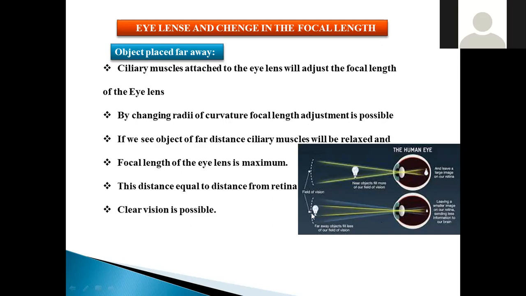So this focal length is nothing but the distance between the object and the eye lens, which should be equal to the distance from the eye lens to the retina. If those distances coincide with each other, in that case clear vision is possible for us. Okay, so now let us see